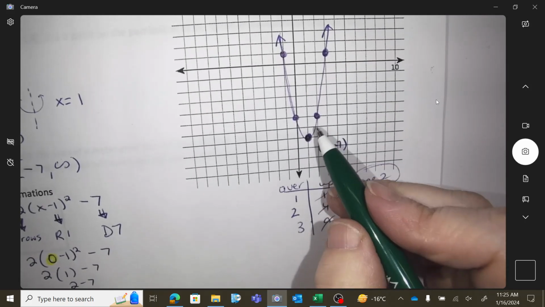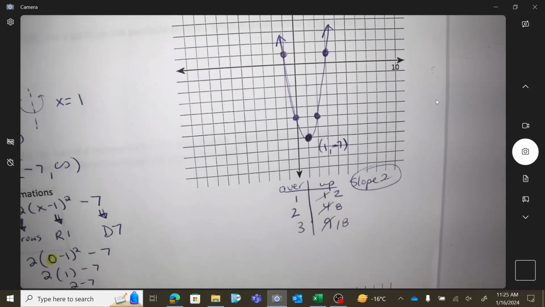Okay, you can see over 1 up 2, over 2 up 8, and you flip-flop on both sides, the symmetric